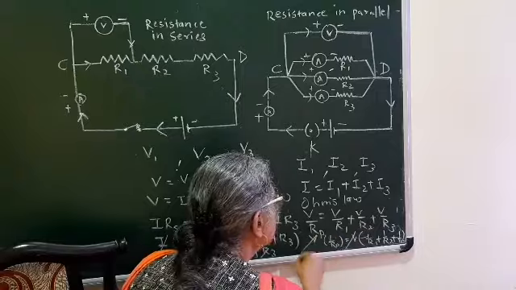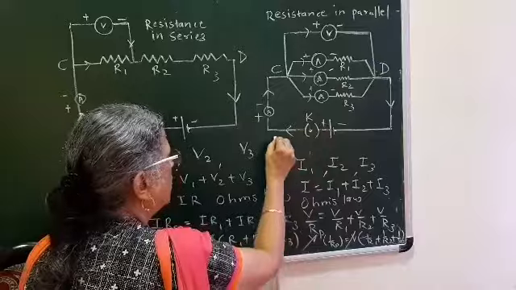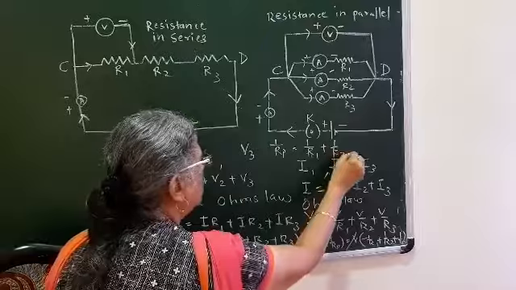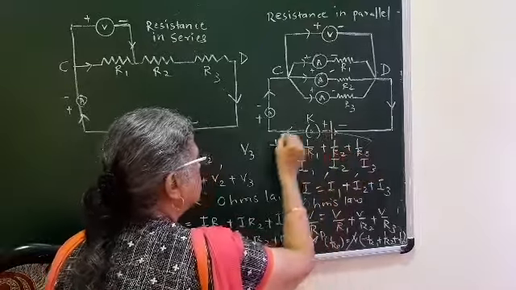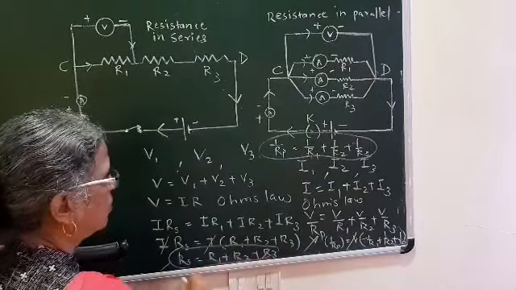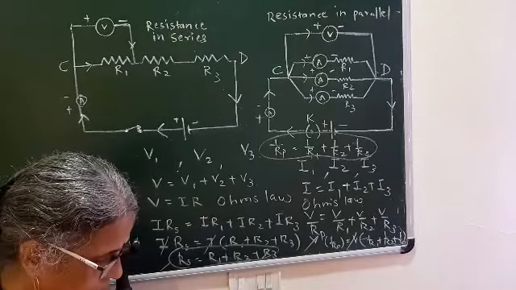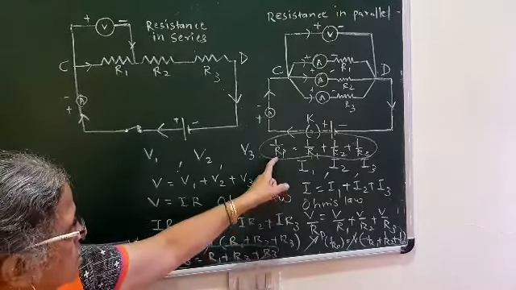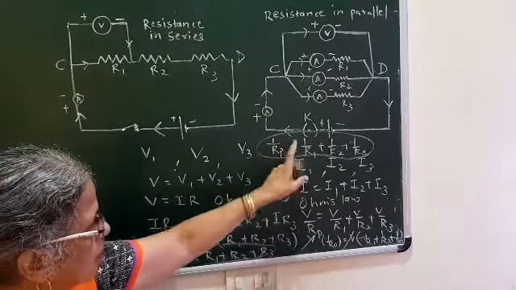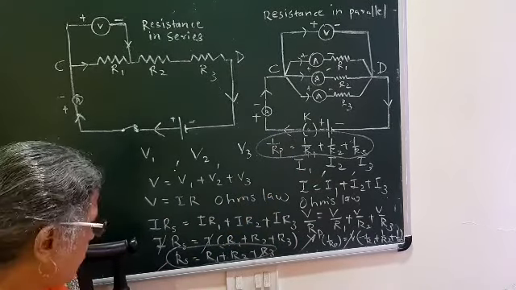So we will cancel V. So what result we will have whenever the resistances are in parallel? We will have 1 upon Rp is equal to 1 upon R1 plus 1 upon R2 plus 1 upon R3. So this is the result we are getting as a formula whenever they are connected in parallel. Followed? So now the important thing is that Rp is the resultant resistance, and 1 upon Rp is greater than 1 upon R1. So that you have to remember very well. So I will write that important point over here.